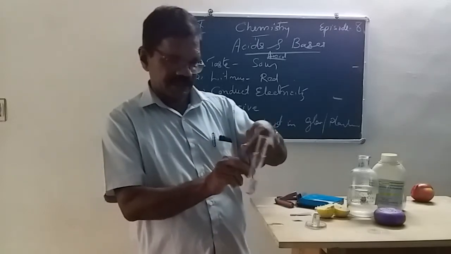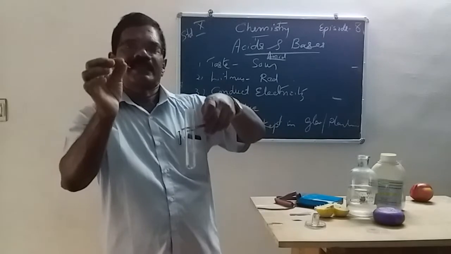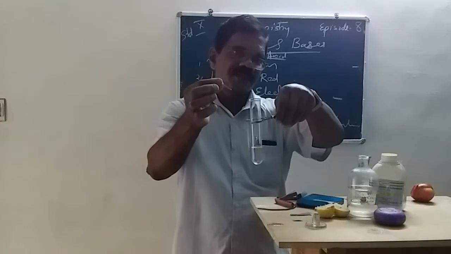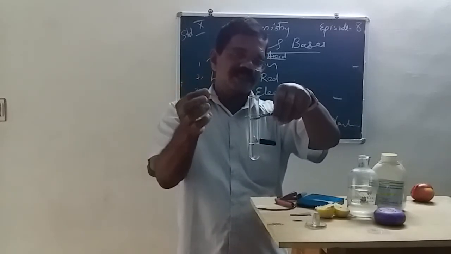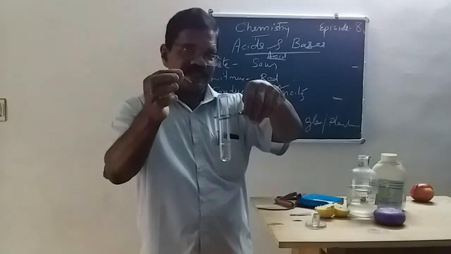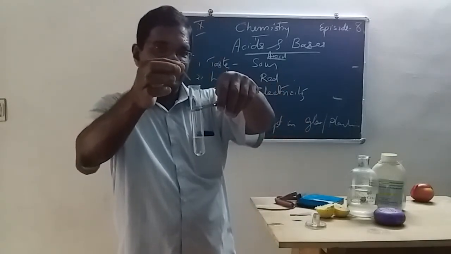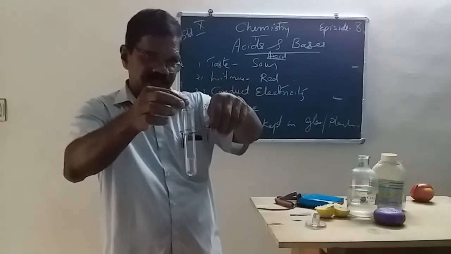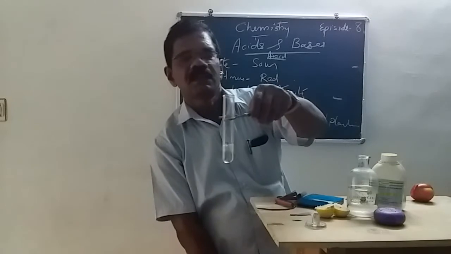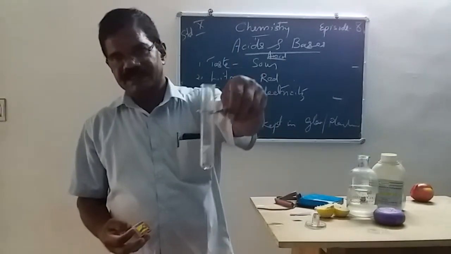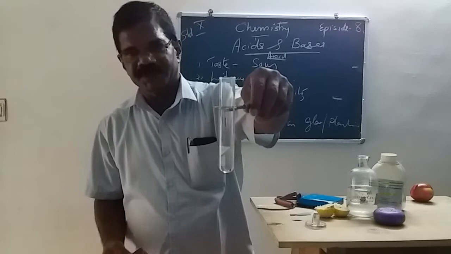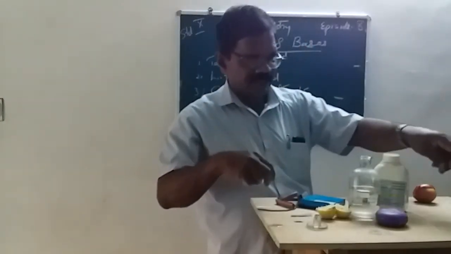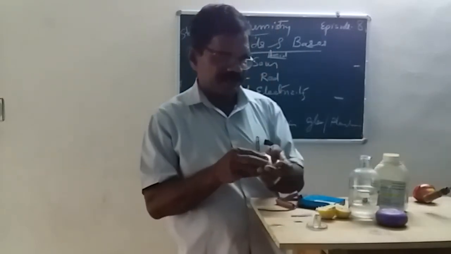What are the reactants here? Sulfuric acid and magnesium. We have already learned that acids react with the metals to produce hydrogen. Please look here to see whether any gas is produced, and how we can test the presence of the gas. You can observe that a gas, hydrogen, is evolving there. We can prove the presence of hydrogen by a simple experiment.